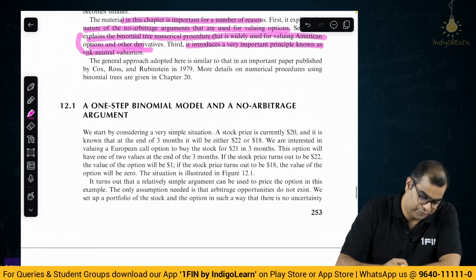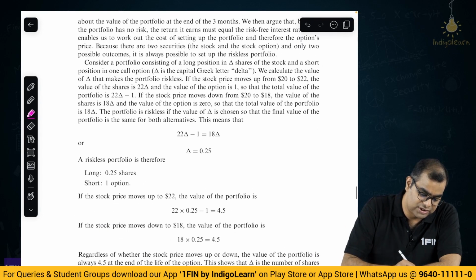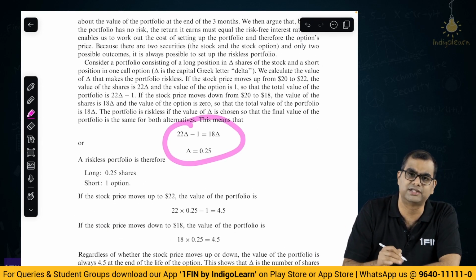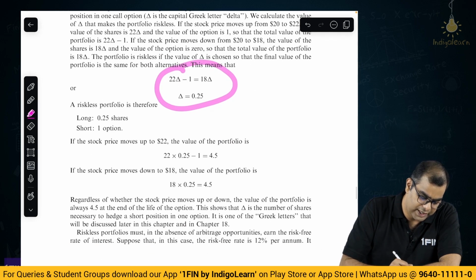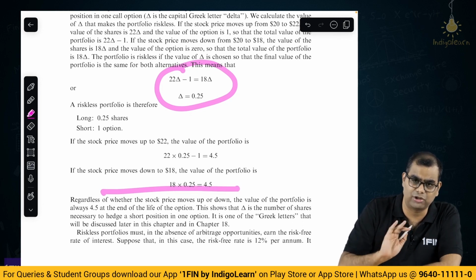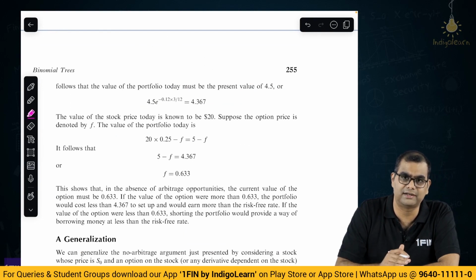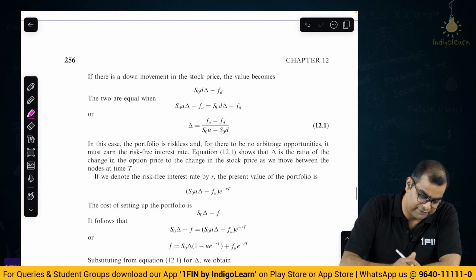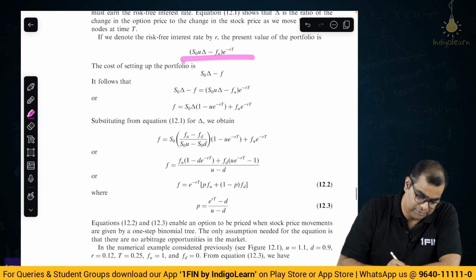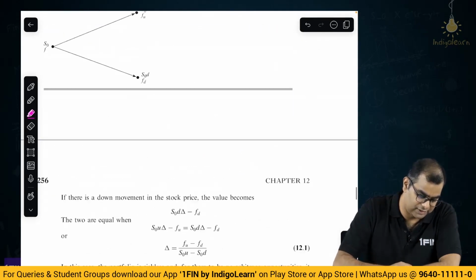Okay. Now, if you come to binomial tree, one-step binomial tree, if you look at this one-step binomial tree, they have used this entire delta logic, which is basically delta hedging or a portfolio replication approach, delta number of shares or portfolio replication approach. Okay, both of them will give the same answer. We have discussed this in the class. I am not going to get into details of that. But then, for people who think that it is only portfolio hedging and delta portfolio replication or delta hedging and doesn't contain the probabilities related aspect, please come down. A generalization for the same thing. They have actually derived p is equal to e^(rT) minus d, divided by u minus d, as part of what? As part of binomial.